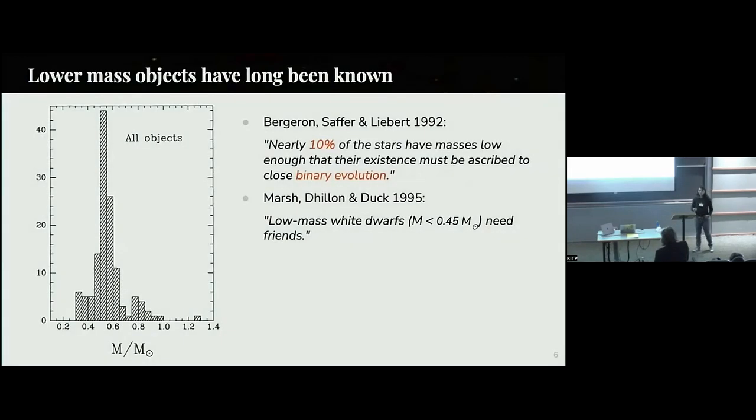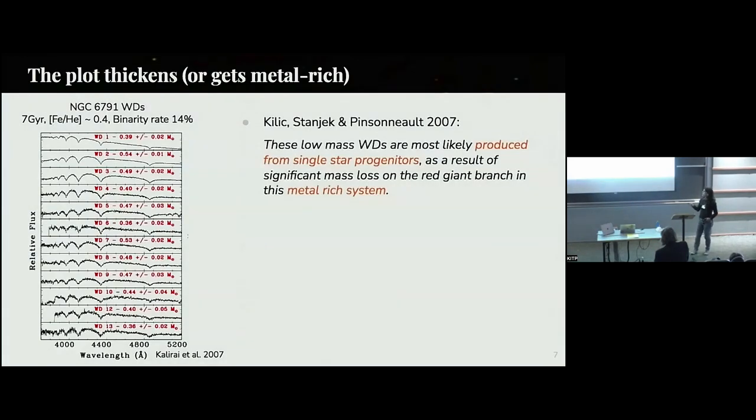And shortly after that, there was some observational work to confirm that. So they observed 7 objects at the low mass end and found that 5 of them were indeed in binaries, which led to the conclusion that low mass white dwarfs need interaction to be formed. And this went unquestioned for quite a while